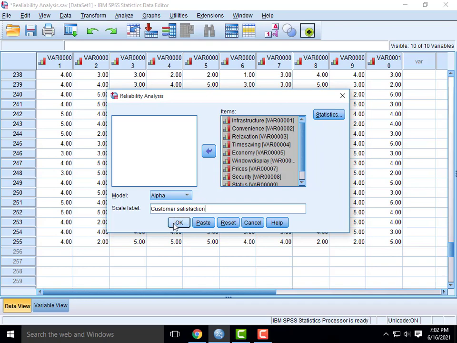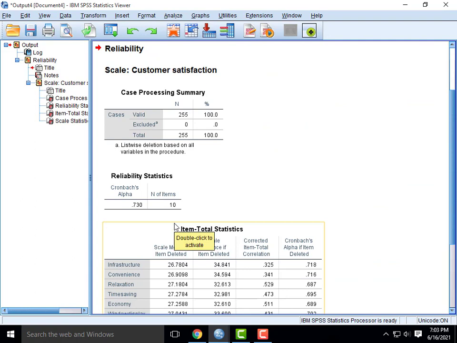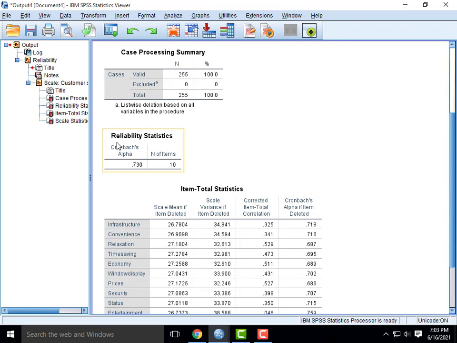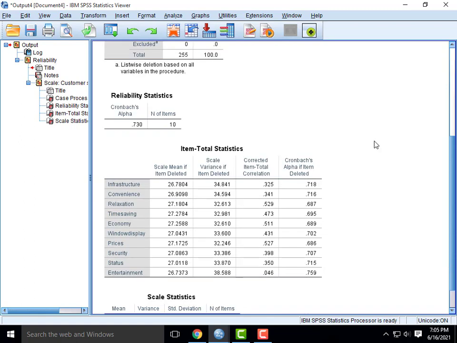Then click OK. Now we have 255 sample respondents, excluded 0, that is, missing value is 0. Now come to the important value. This is our Cronbach value, 0.730.